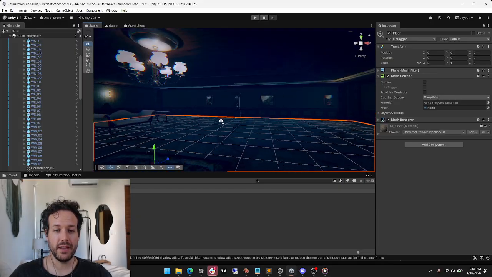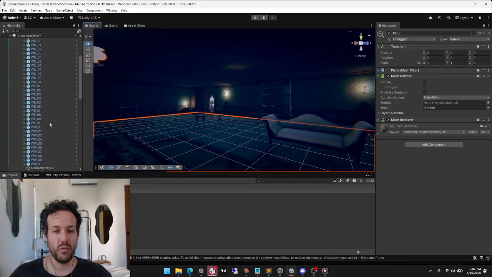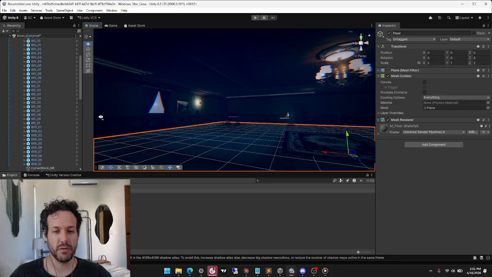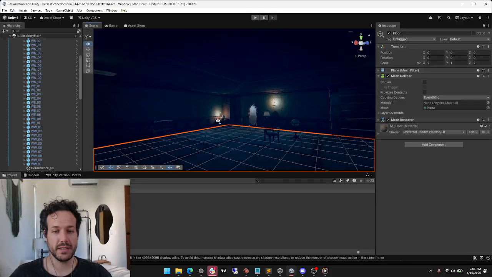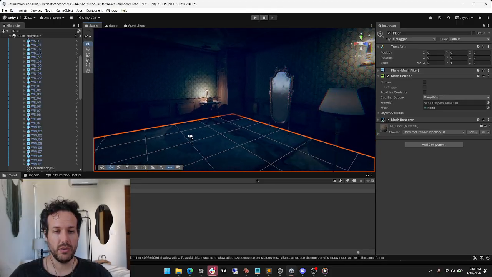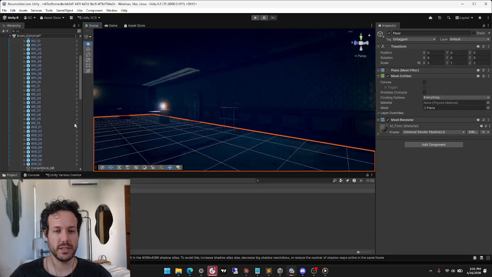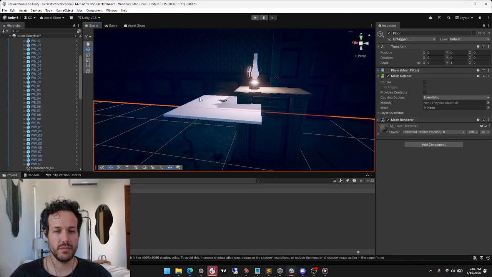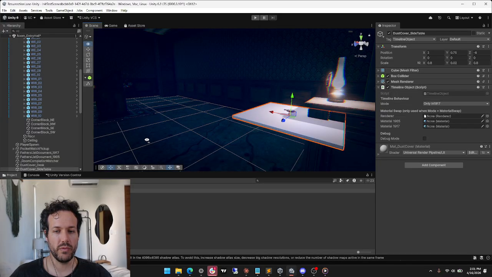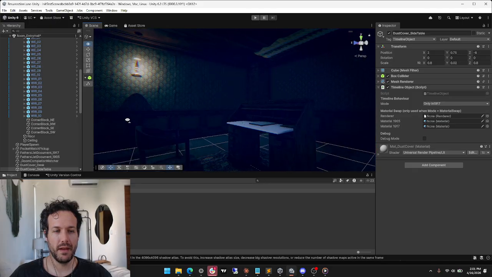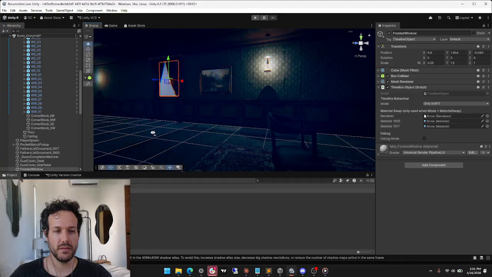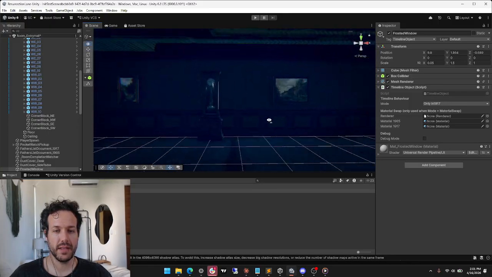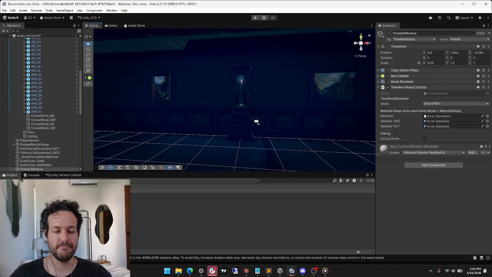You can see it's not a beautiful, perfect professional scene, but it gave me a table and some light sources and a door against the wall. And we've got some weird rectangular shapes here, and this fake window thing. But it's kind of a good start.